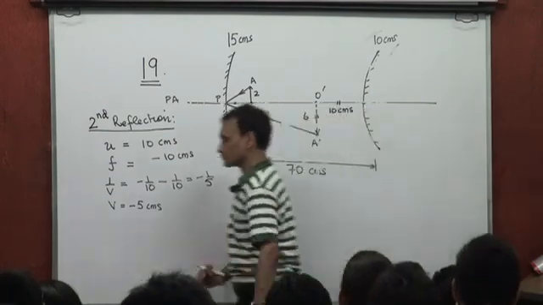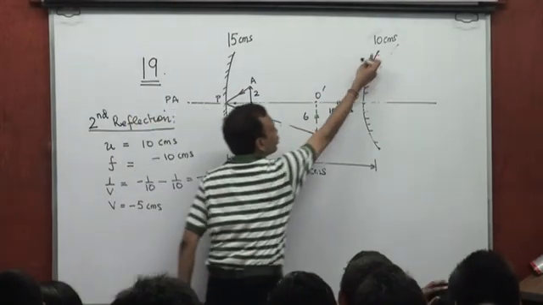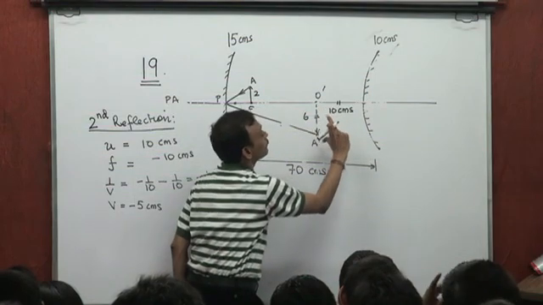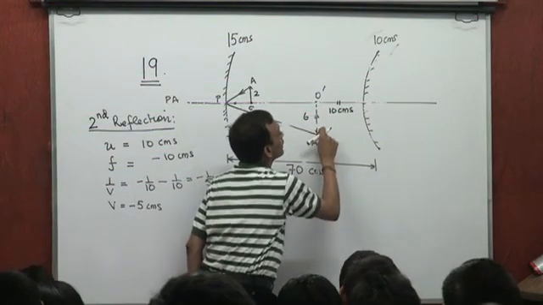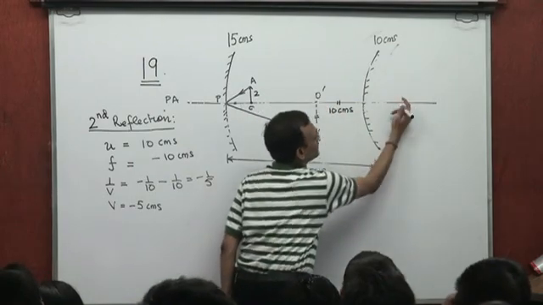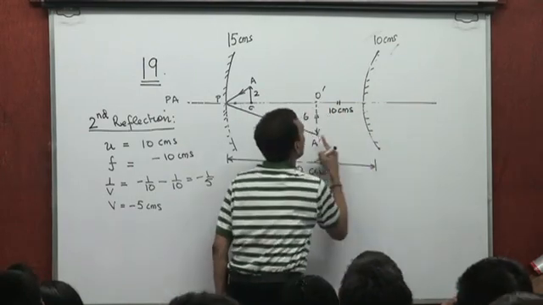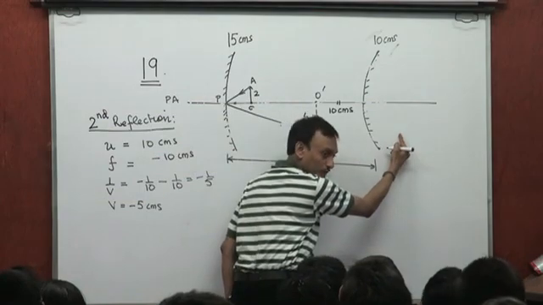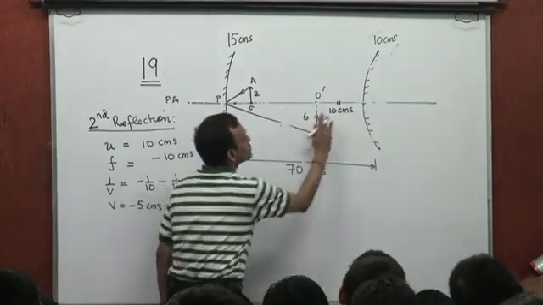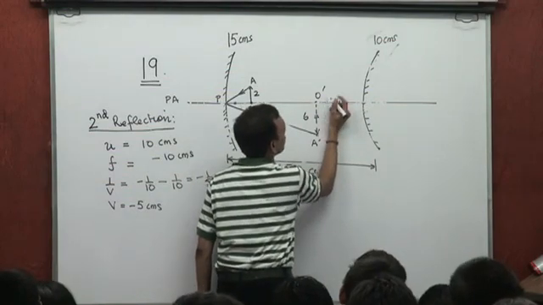Now again, for the sake of this mirror, this is the object. Now I want to see if this object is formed like this or it's formed like this. O prime would be somewhere here, not a problem, right? I want to check if A prime is formed below the principal axis or above the principal axis. Now it's an easy check to perform because